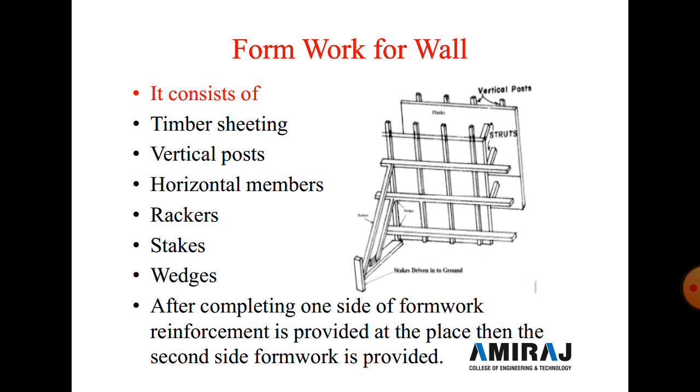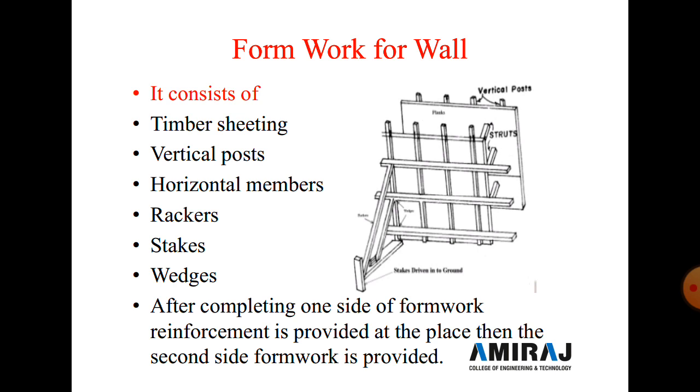And then after we place the concrete between the two formwork, and after completion of the work, we remove the formwork after 14 days. And after removing the formwork, we got the final smooth surface. And smooth surface always depends on the surface of the formwork. So if we use the steel formwork or a plastic formwork, we get a smooth surface. And in a timber formwork, some damages are seen.